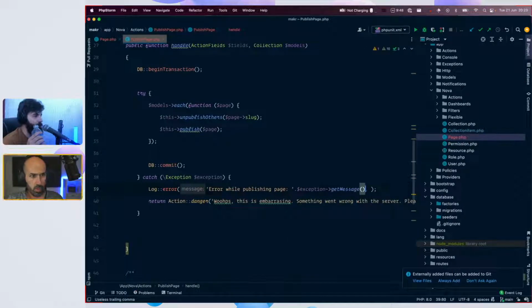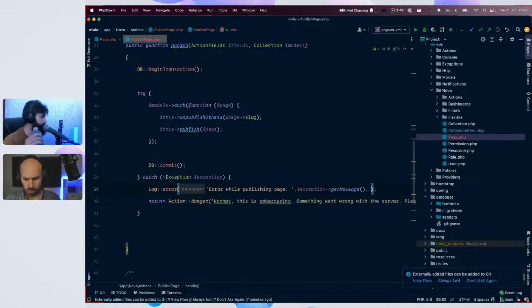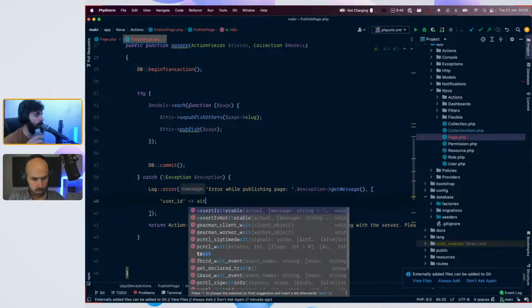The context, yes. I don't know what to pass. Maybe the model, and it will be serialized. In this case, there will be multiple models. Maybe plucking. Let's say user ID. Yes, that's a good idea.